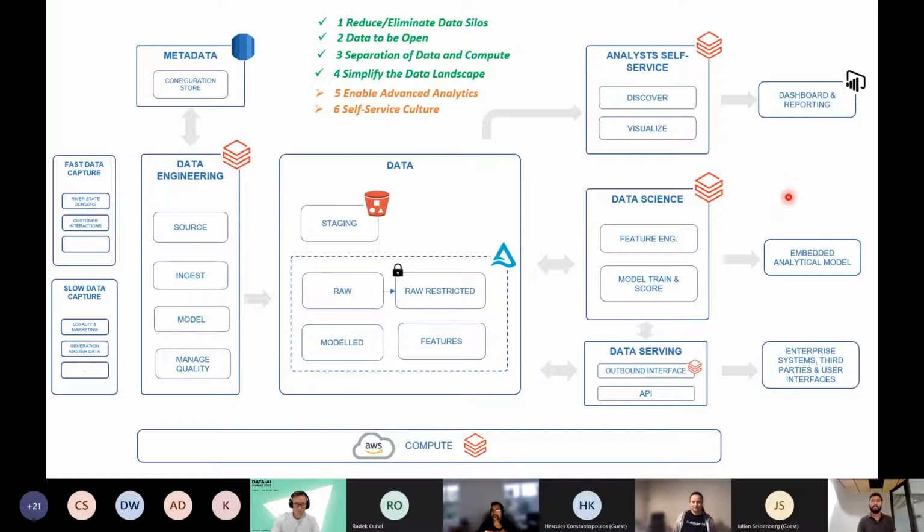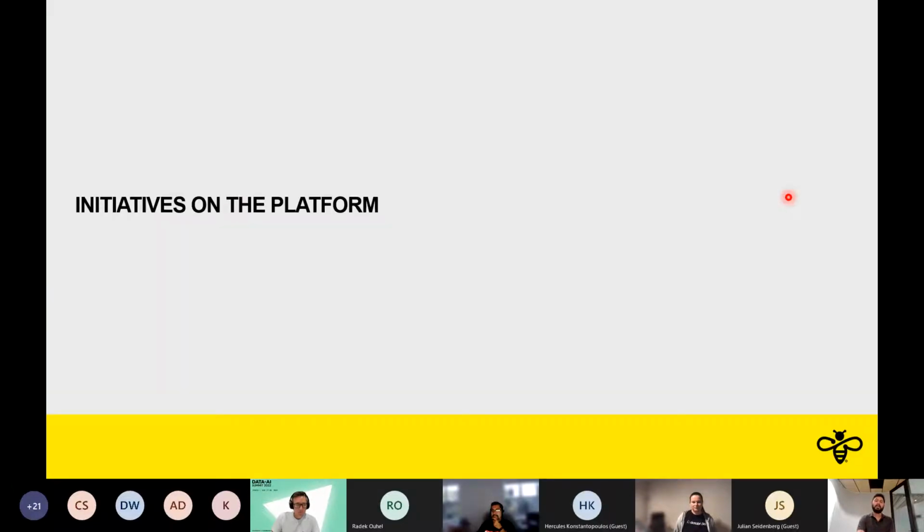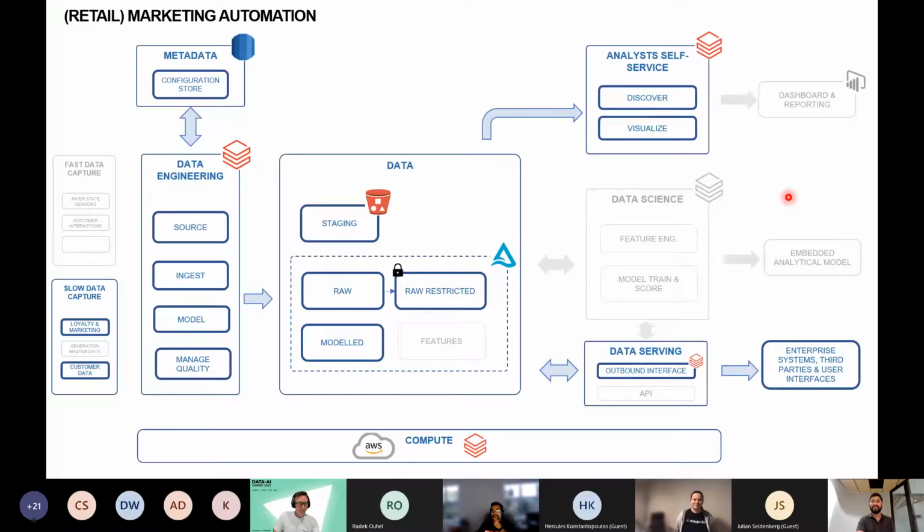Now, before I wrap up, I would like to finish by showing you how we have managed to deliver certain initiatives on this platform with this architecture. Right now, one of the initiatives is already in production, and one of them is actually in flight. I would love to show you how it works and show you cool screenshots, but I'll do the next best thing, which is to show you some diagrams.